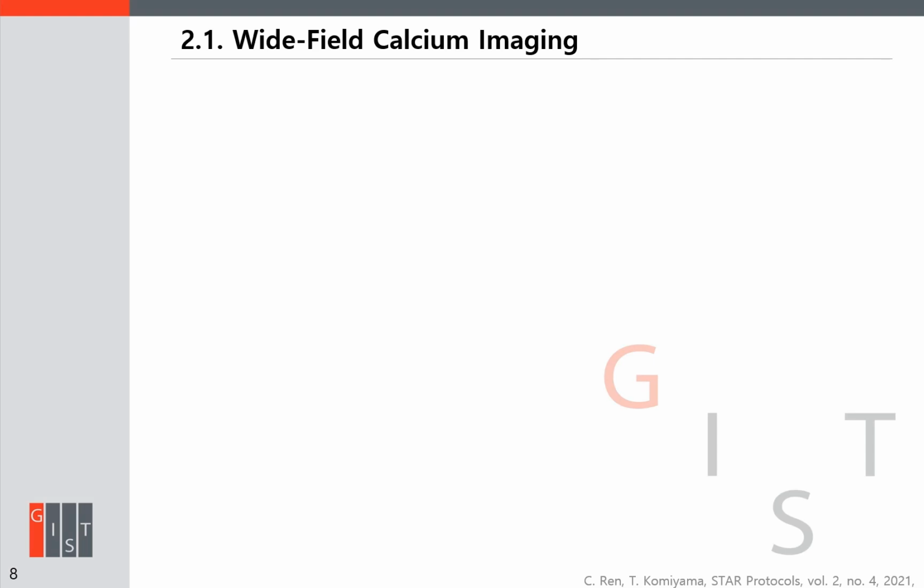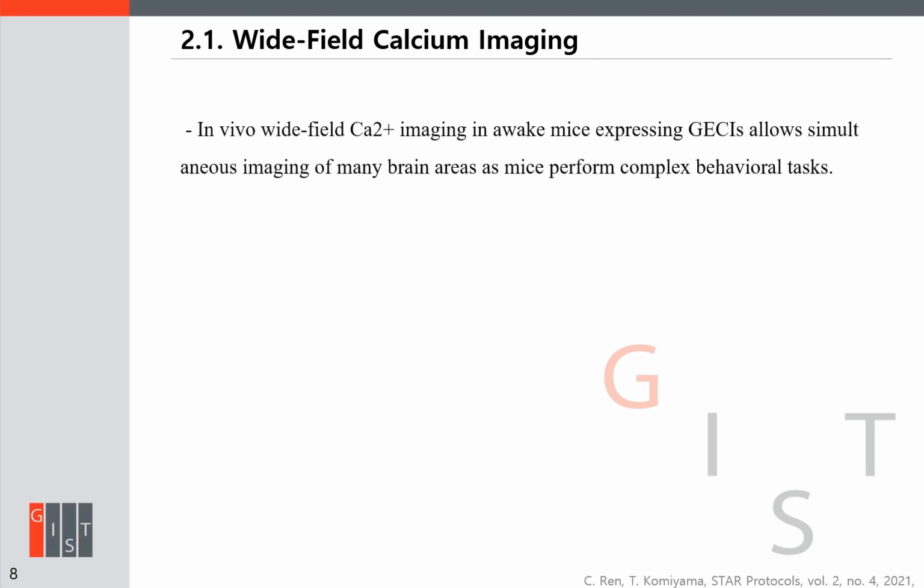Now I will talk about wide field calcium imaging. In vivo calcium imaging, as the name suggests, allows simultaneous imaging of many brain areas as animals perform complex behavioral tasks, and is very much like a conventional epifluorescent microscope. A wide field or macroscale fluorescent imaging system consists of two major components: an excitation part delivering light to the brain surface, and an emission part that projects an image of the light emitted by the fluorescent indicator